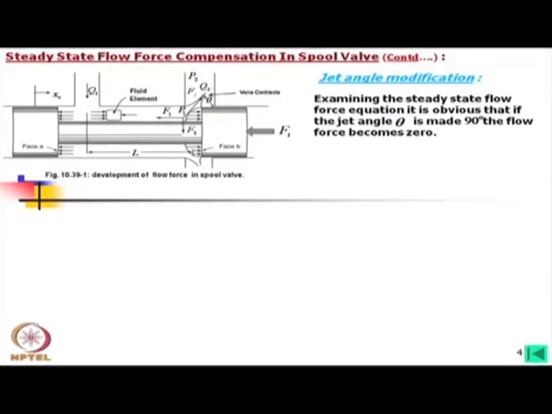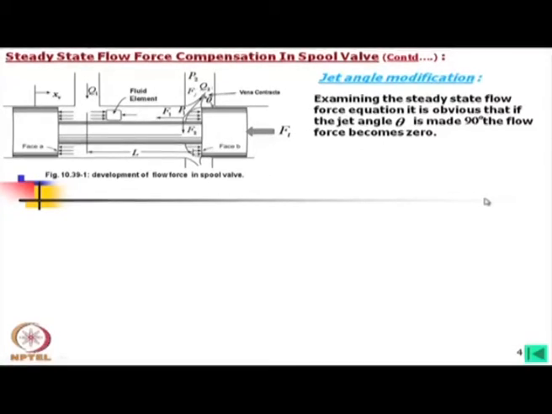If not uniformly distributed, it might be discrete, but at a certain angle there is an equal amount of force. So, that will cancel each other. So, we can make this theta 90 degree to make this flow force 0,